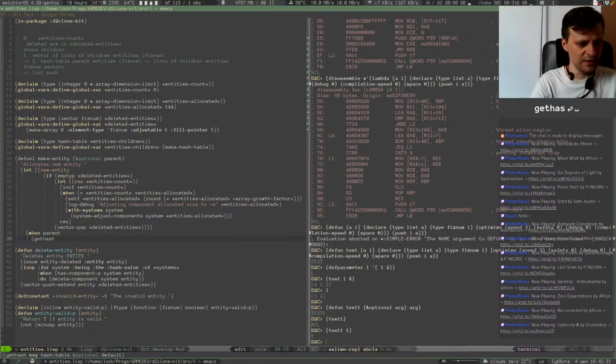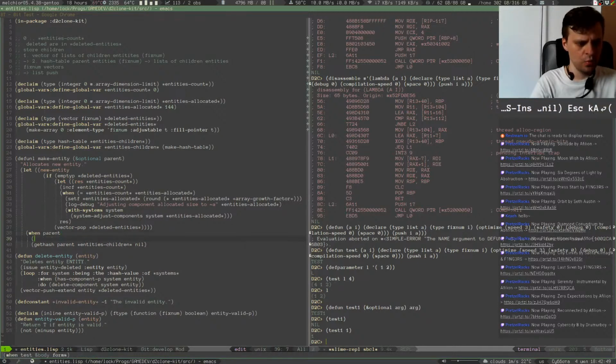So by the key of parent, from that table, and it is children, we're going to take the value with the default of nil. And then we are going to push that new entity